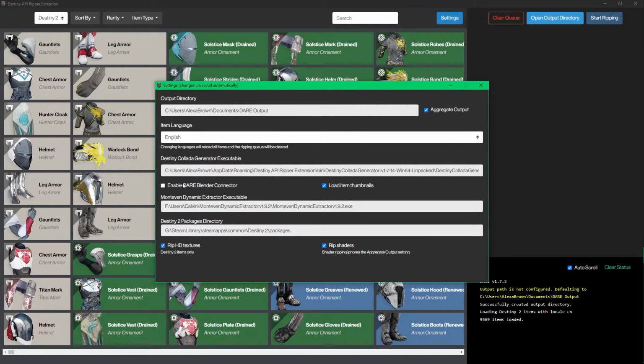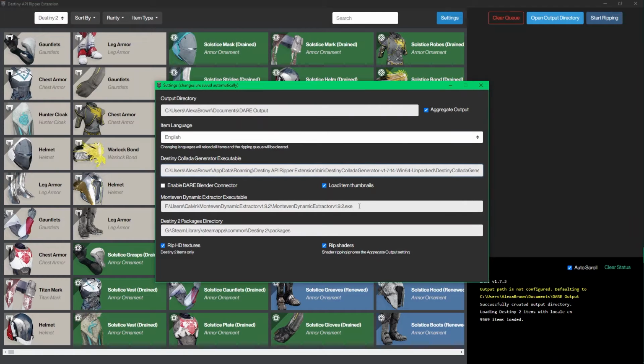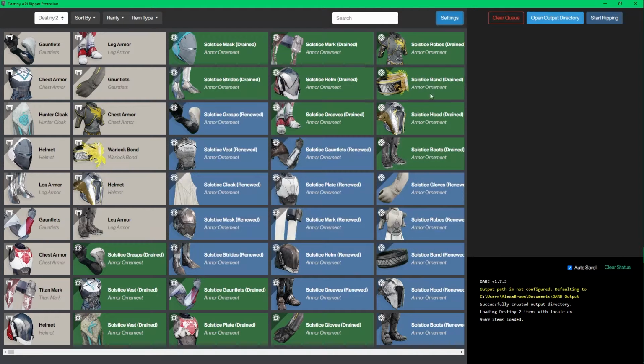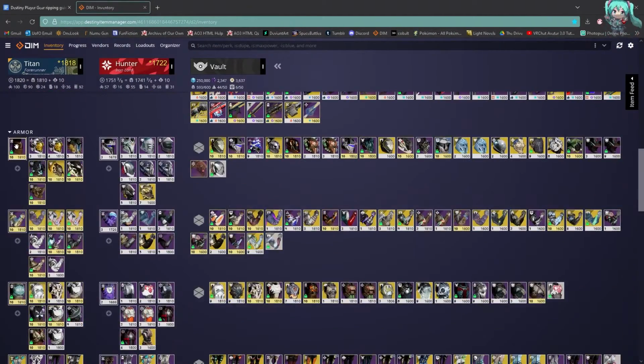Now once it's all done, you have where it's located, the exe file right here. This exe file, packages, close. Next, select the armor you wish to download. For me, I'm going to select the armor that I have on my Titan, which will be